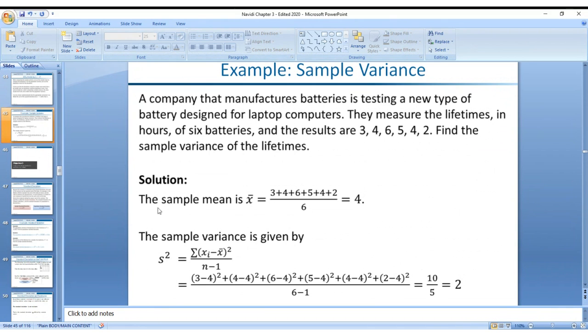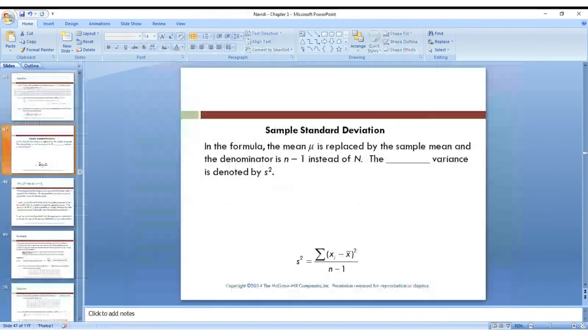So they've got the calculation here for the mean right in that slash in the middle. If you add all those numbers and divide by 6, they add up to 24, and 24 divided by 6 is 4. So the mean is 4. And I really wanted to go over this because this one is a little bit less complicated looking. So now I'm going to go back over to the board,